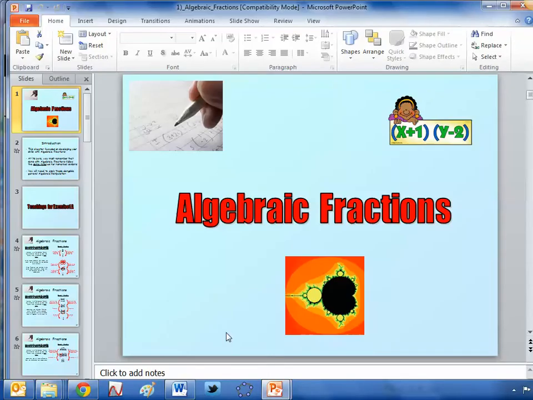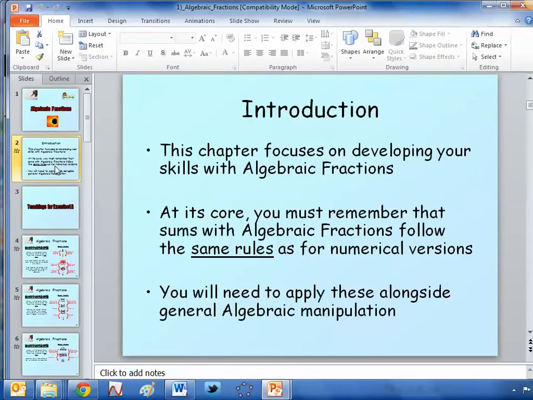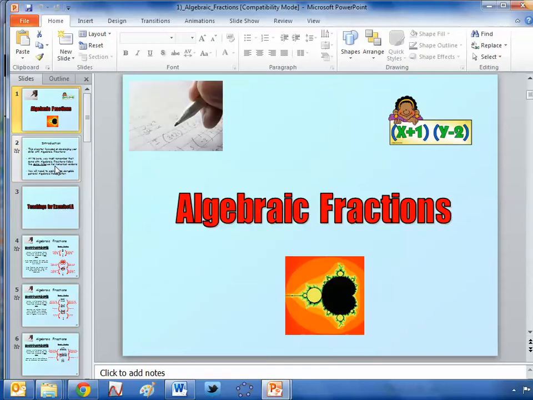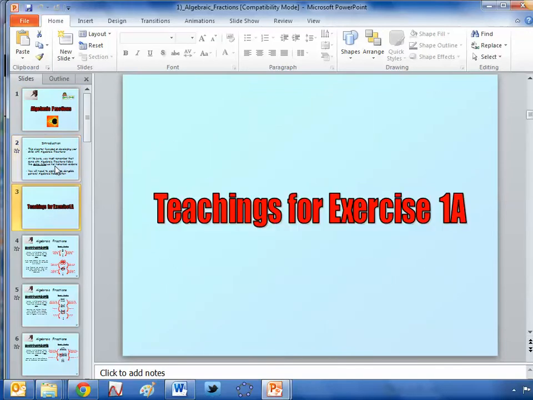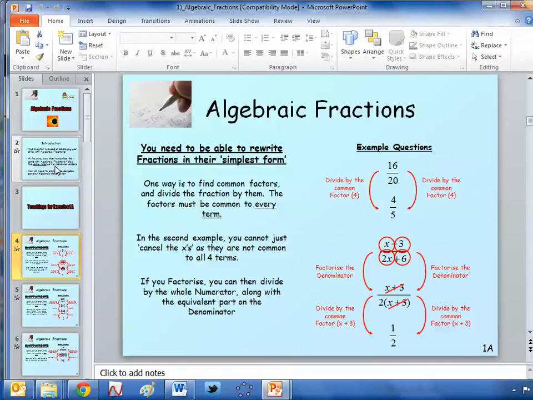First one, Algebraic Fractions. Painful topic. Now I should say these are for the Edexcel qualification. We teach AQA, but there's massive crossover. And because these are PowerPoints, you can edit them to suit your own qualification. So I'll just show you. They're also designed for a given textbook, but what's nice is this textbook seems to have broken them down into quite logical, structured sections. So this first bit, as it says there, you need to be able to rewrite fractions in their simplest form. So this is just a nice simple warm-up about making sure students can simplify numerical fractions,